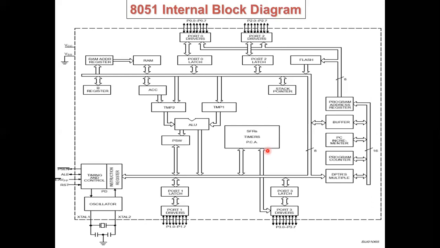Next is the stack pointer. Here the stack pointer is a 16-bit stack pointer. Same concept, we use it for push and pop operations. Okay. Then RAM, memory. It has internal memory. So what is the difference between internal and external memory? If we have internal memory, you can access the memory at a high speed data rate, because it is all implemented inside the chip. So you can easily access the internal memory.